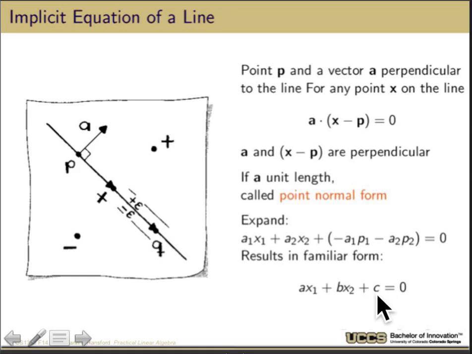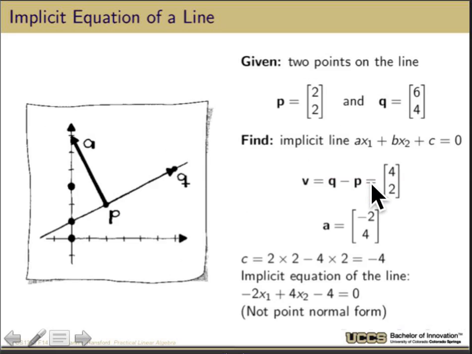In this form, given any point x1, x2, you can test if this is true. It's a little harder to see exactly why this gives points on a line. The point normal form makes it clear because of the dot product relationship. Okay, so what can we do with this? Well, first, let's actually generate